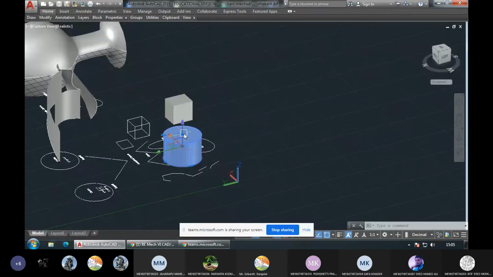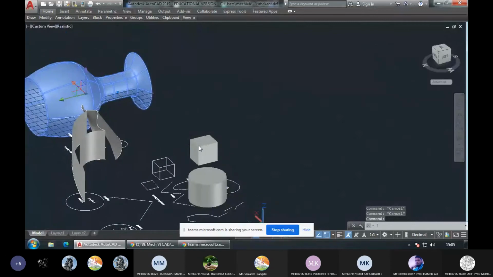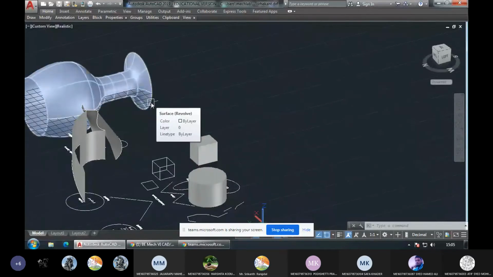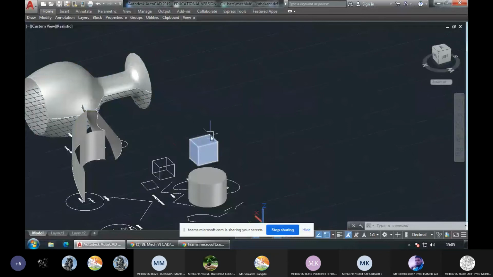All these things we can find for a solid, whereas surfaces are unable to have any of these characteristics because they don't have any thickness. So there is no volume for the surface. There are no mass properties. We cannot find its, okay, centroid maybe, but even for a centroid, we will need to have some thickness applied to the surfaces. Only then we will be able to find the centroid. So mass properties surfaces cannot take.